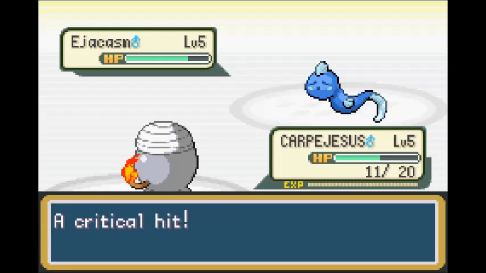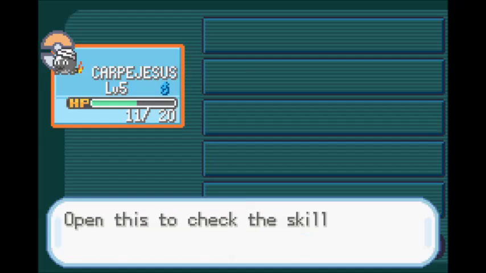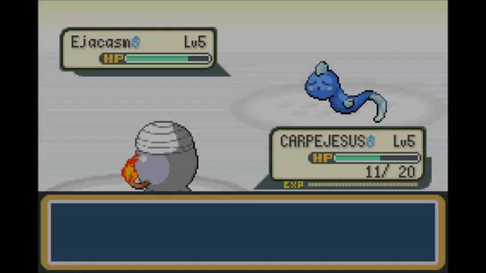You gotta attack to do damage. Oh, we need to go into the Pokemon menu and see what he says about it. It's important to know your Pokemon completely. This is a list of your Pokemon. Open it up and...